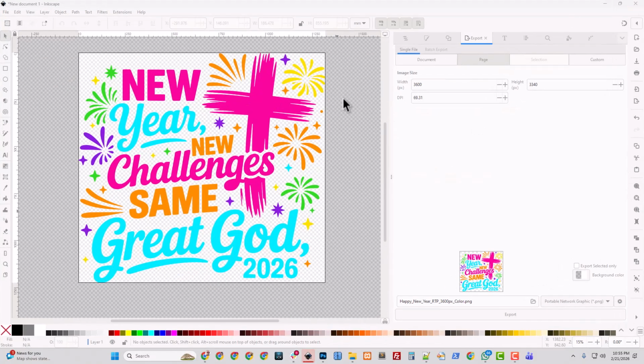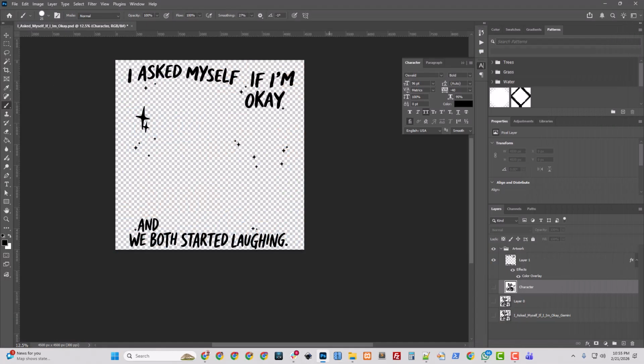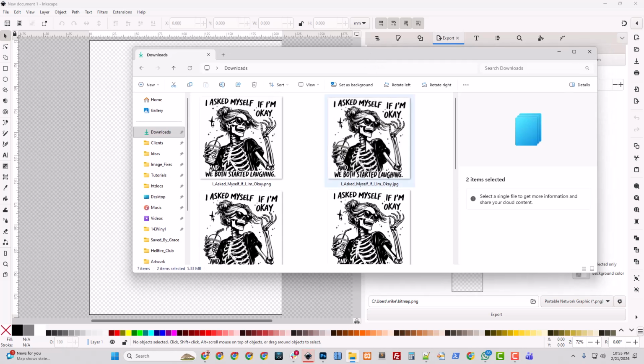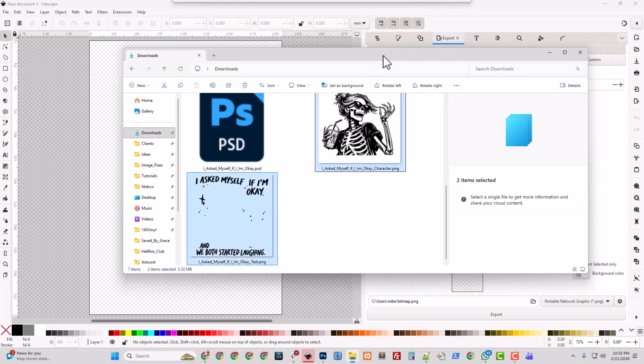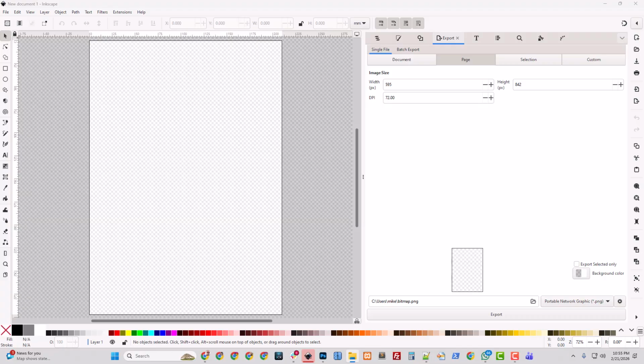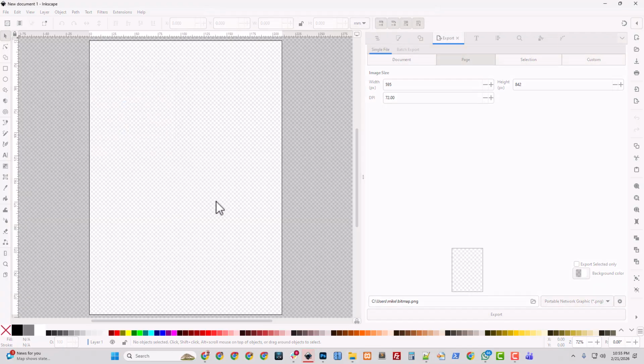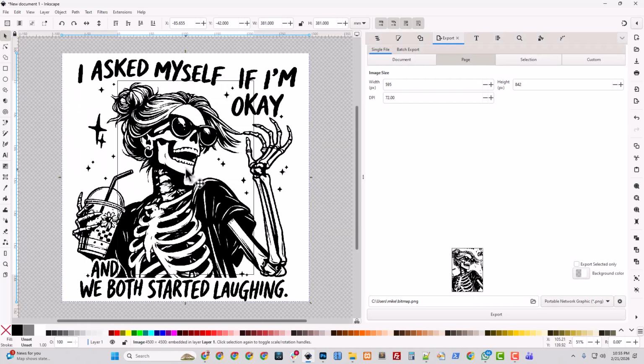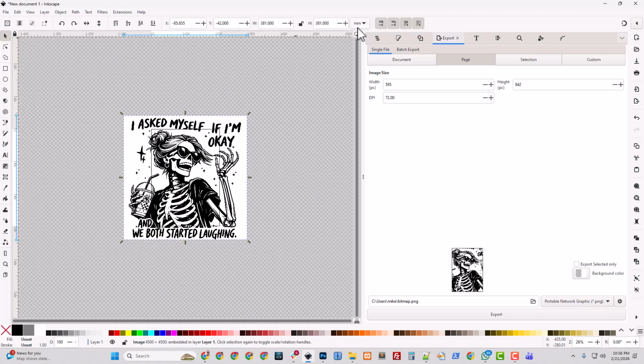Got this artwork I was working on. Open up Inkscape fresh. And no matter how nice of a computer I get, it seems like that always is a problem. So I'm just going to grab both of those images that I exported, and I'm just going to drag them onto the stage and drop them and embed them. Alright, and because they're set to 300 DPI, they didn't come in too crazy big.